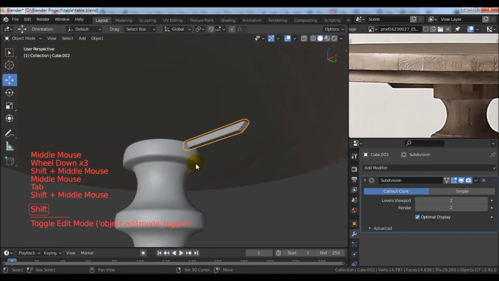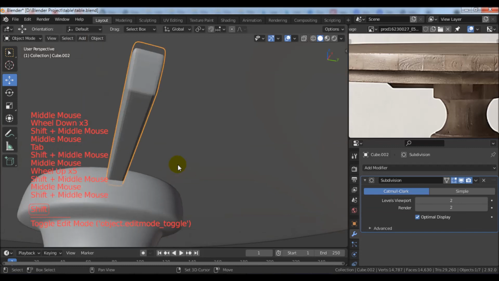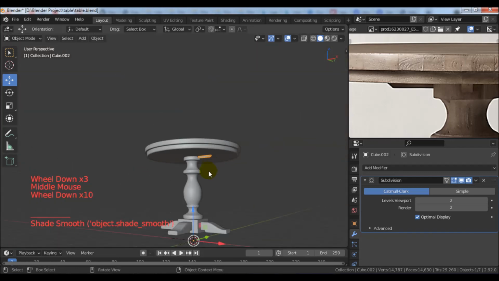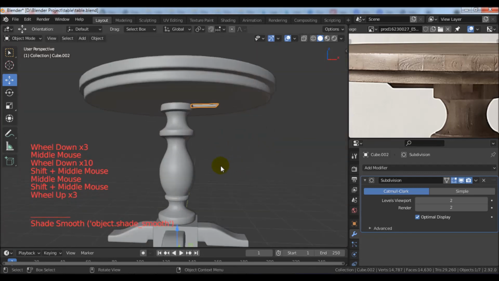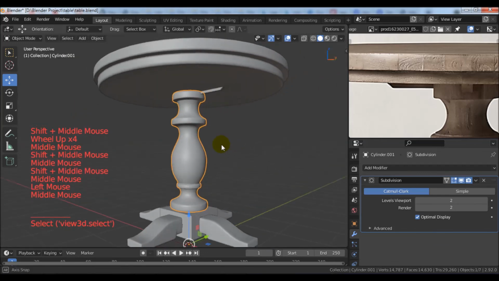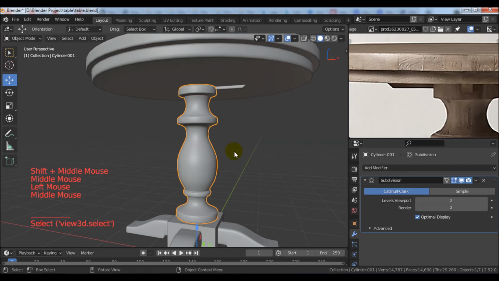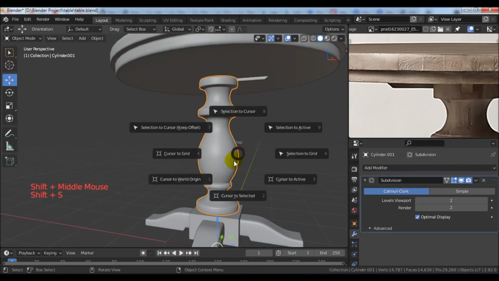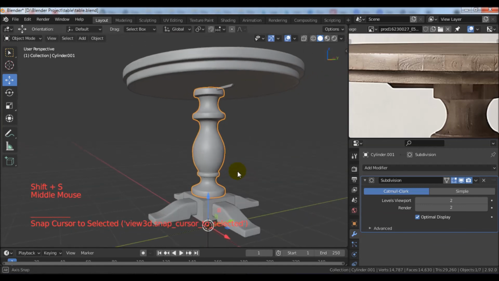Go to the object mode and with the right mouse button click on the piece and choose Shade Smooth like this. And now select this piece of the table, with Shift S choose cursor to selected,